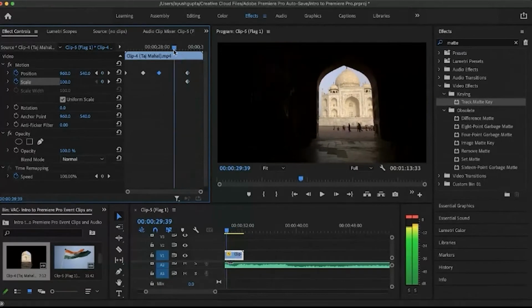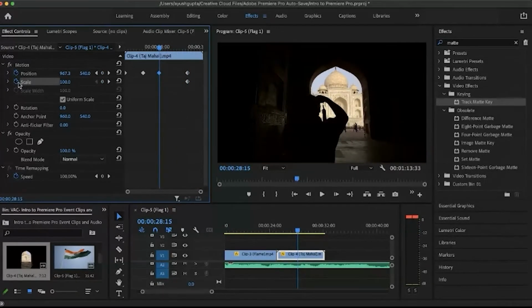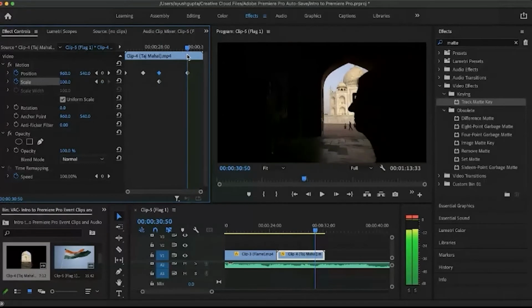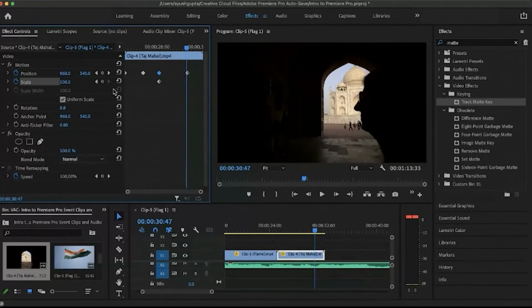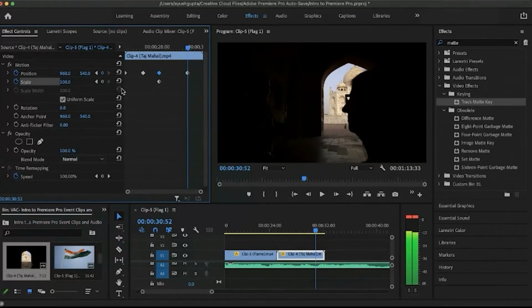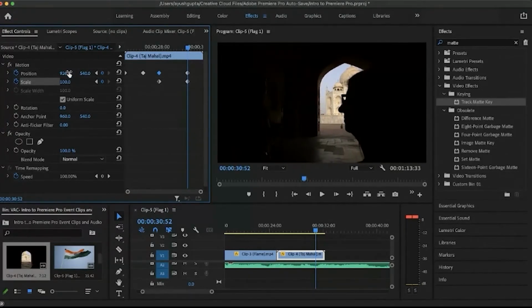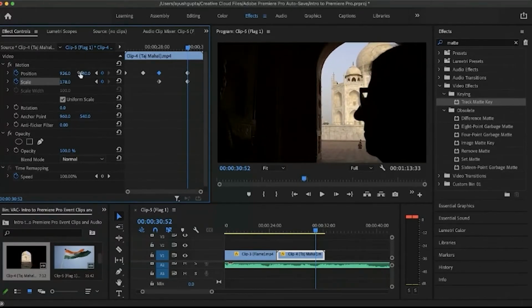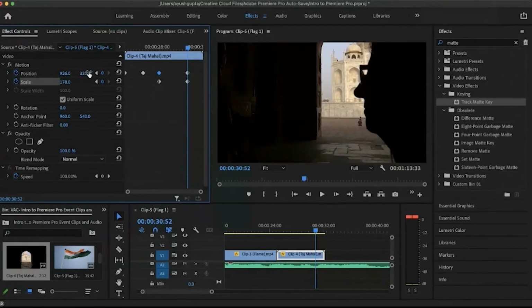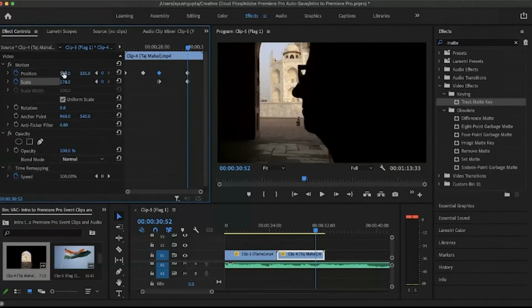And on the previous keyframe, I'll also put a scale. On both of these parts, I'll just adjust the screen to the lady's face. I have to zoom it here a bit and try to play with the settings for a smooth transition.